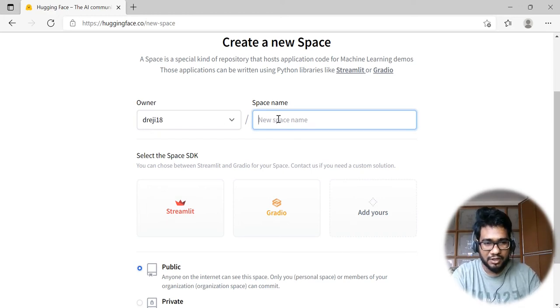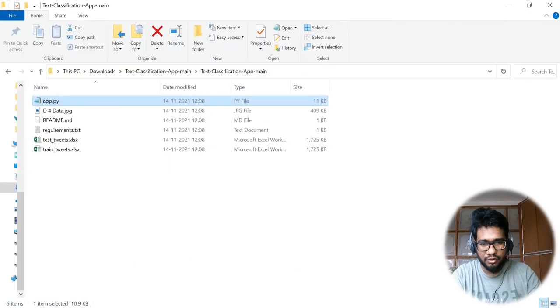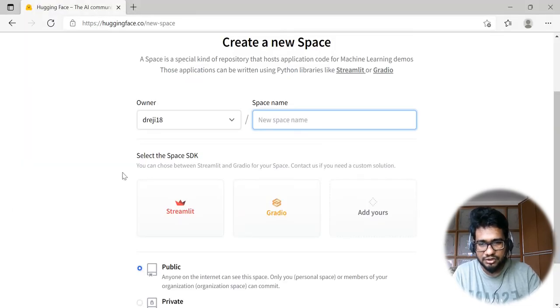For demonstration purposes, I already have code on my local machine, which is a text classification app. It classifies your text by giving it to a Streamlit app. For the demo, I'm using this particular code so that I can host it and show you how it looks in this space.